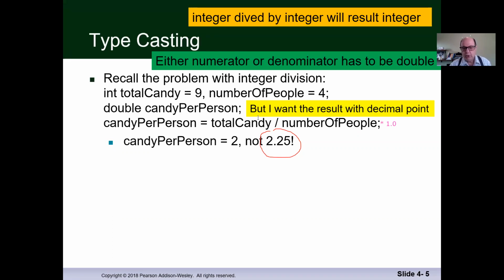Because I have a mixture, my total candy will be changed to 9.0. So then the whole thing is going to be 9.0 divided by 4.0. That's the one that's going to give me 2.25. Now, C++